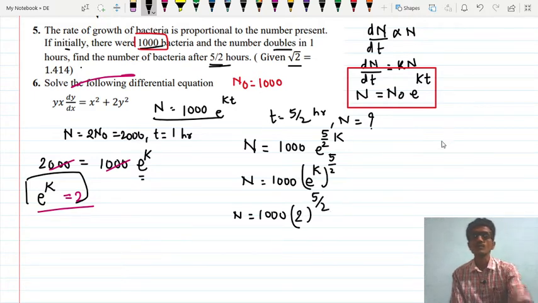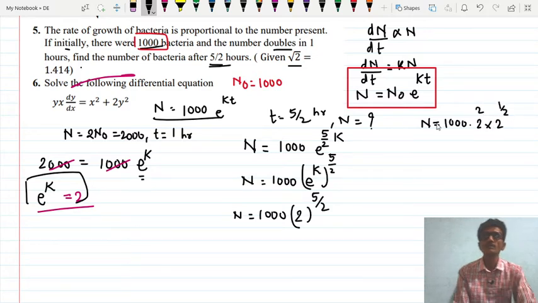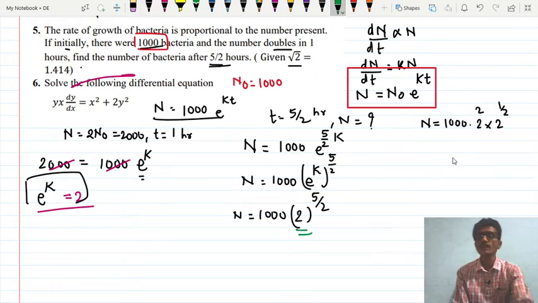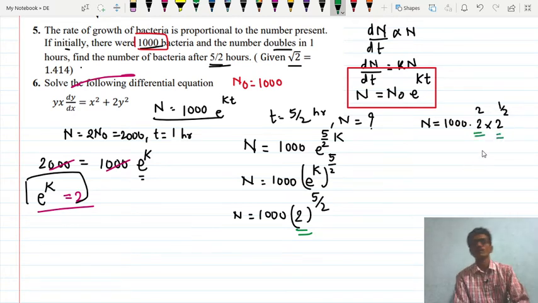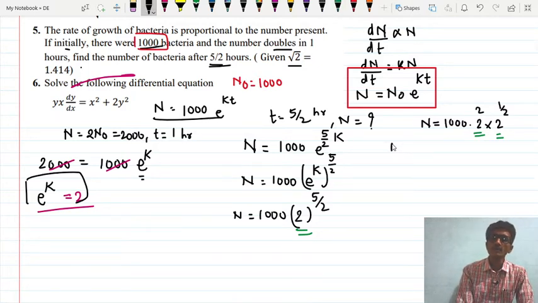Now this 2 raised to power 5 upon 2 we can write as 2 raised to power 2 into 2 raised to power 1 by 2. Then N is equal to, now this is 4, and 4 into 1000 is 4000 into